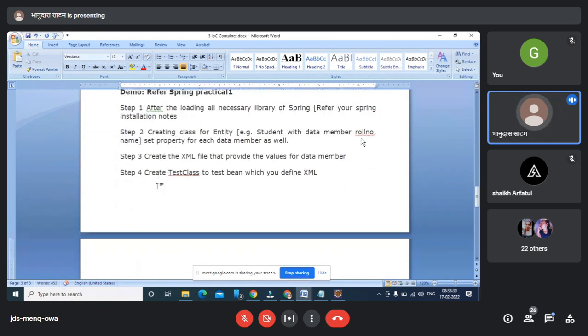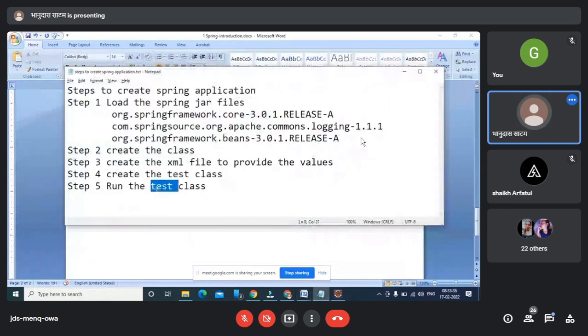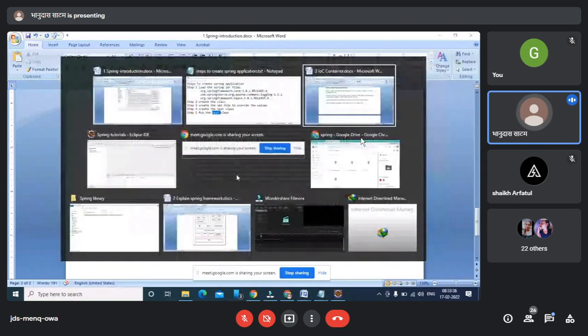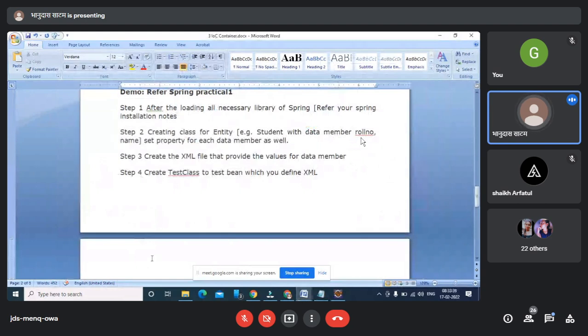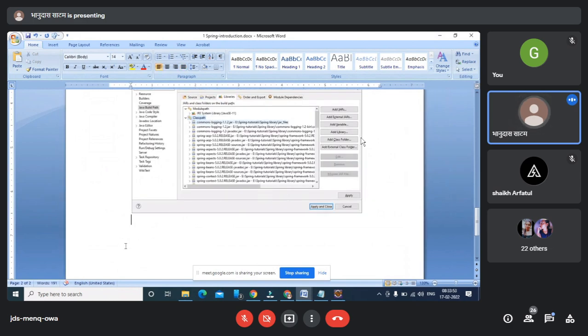So these are the 4 steps, and in step 5 we are running that class. We are creating the test class, and in step 5 we run it. I'm going to follow these entire steps. So these are the 5 steps we are supposed to use.